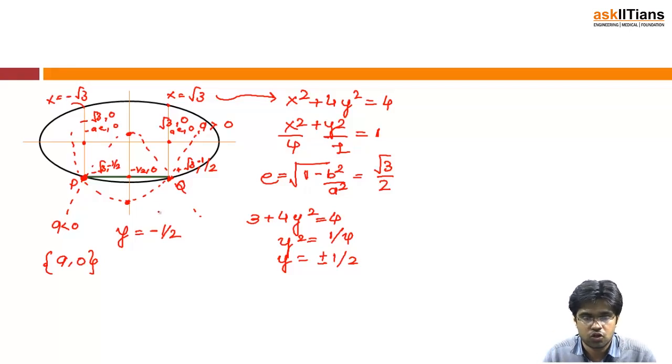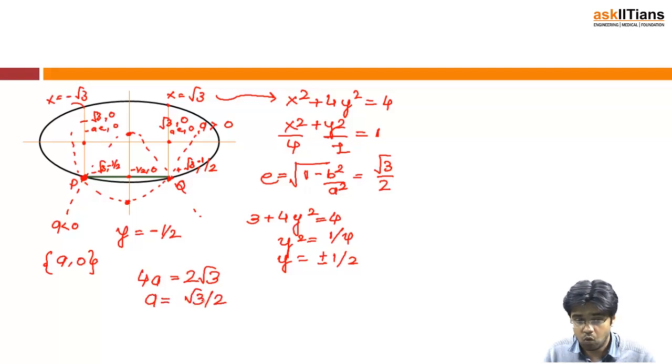So we have to turn our solution. We know that the length of the latus rectum is always 4a, irrespective of where the parabola lies. That means 4a is actually equal to 2 root 3. From here I can sense that my a is actually root 3 by 2. Why I am so concerned about a is because the vertex of the parabola is actually a distance away from its focus. That means minus 1 by 2 is actually a distance away from this. So this distance is actually this a.